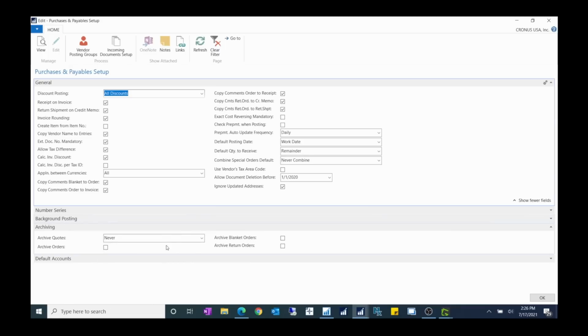And for the archive, you can enable it for when you post a purchase order, because if the purchase order is fully received and invoiced, then it will disappear from the purchase order list. Same for the blanket purchase order and the purchase return order. So you can enable the archive for them and then select always. Okay, so